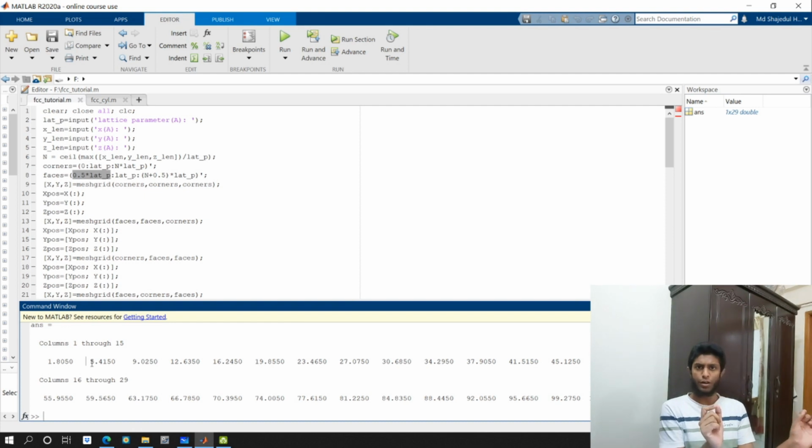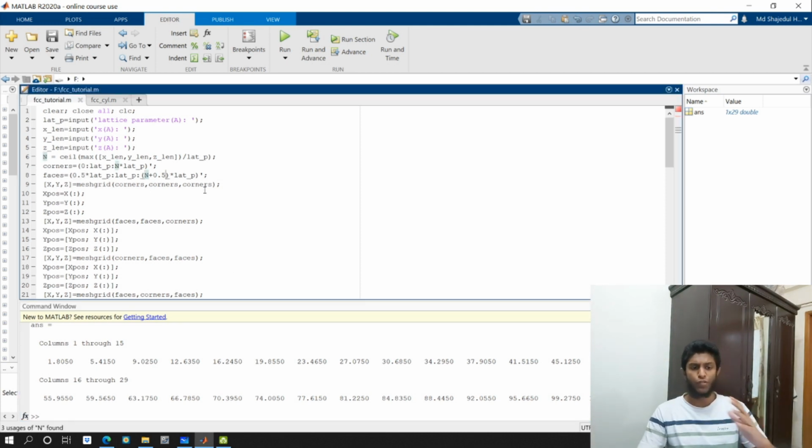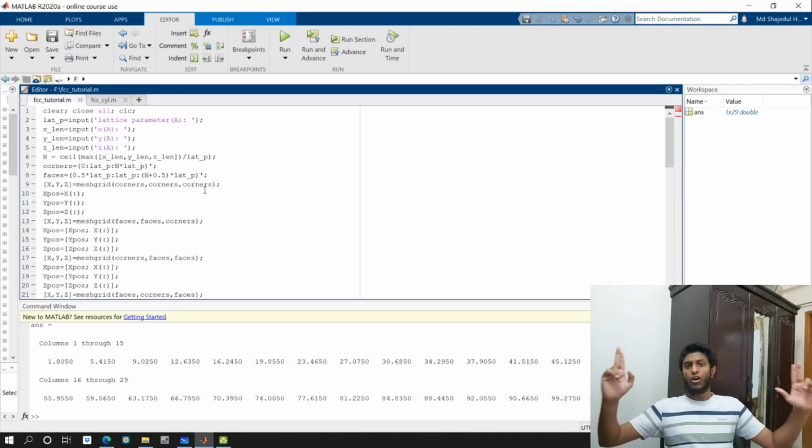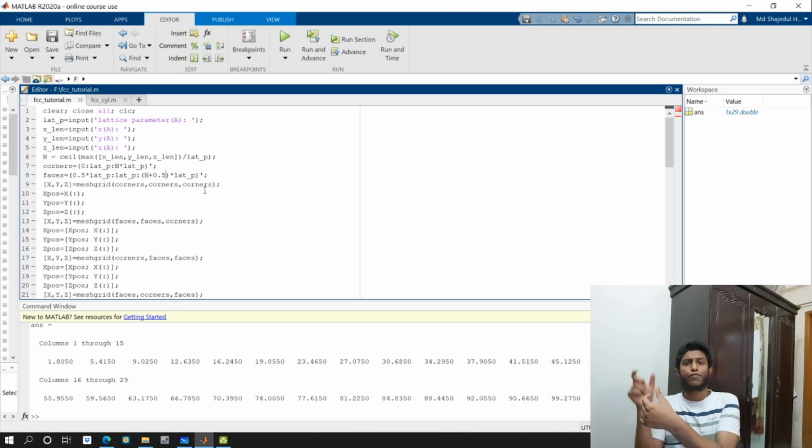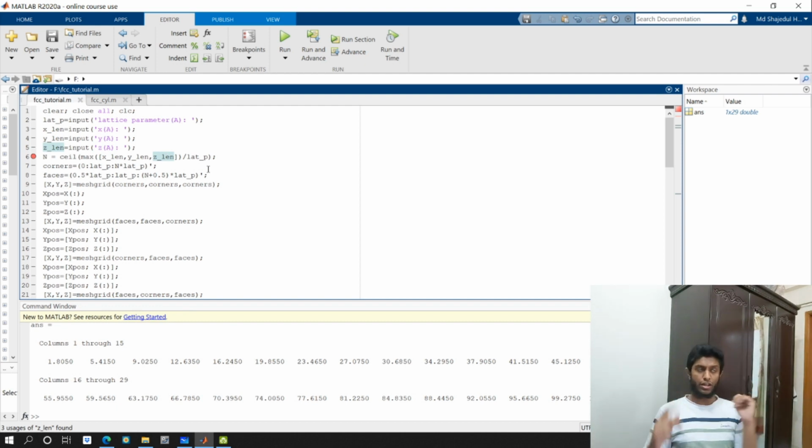Just like each corner atom is separated by one lattice constant, each face atom will also be separated by one lattice constant. But as you can see, it creates up to n plus 0.5. So it will create up to n crystal lattices and then half more. Okay, so if the value of n in line 6 is 28, the structure you're going to get is 28.5 unit cells in this direction, 28.5 in this, and 28.5 in that. But we don't want that, right? We want the xlen, ylen, zlen. So we will cut that structure later in this code. Okay, now